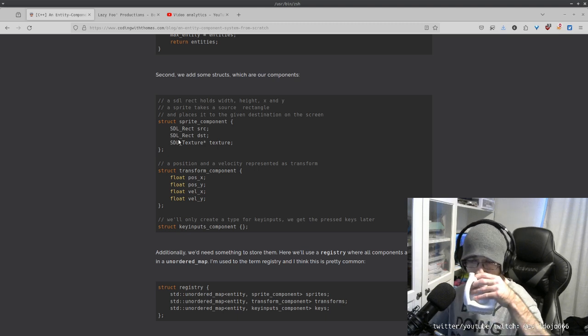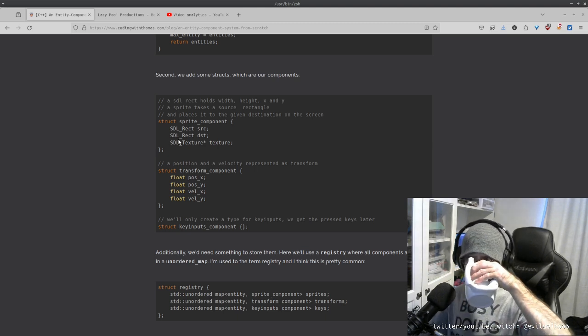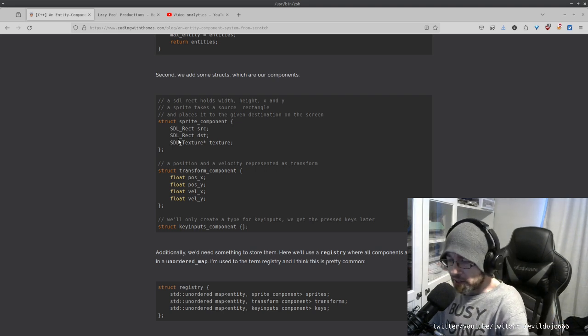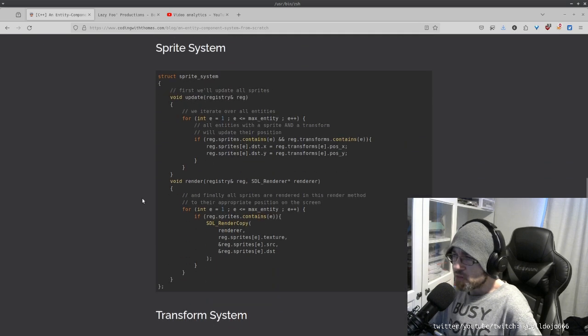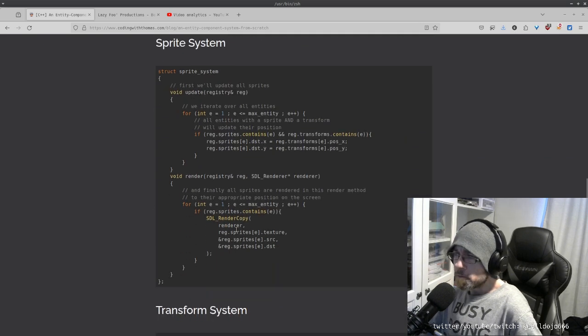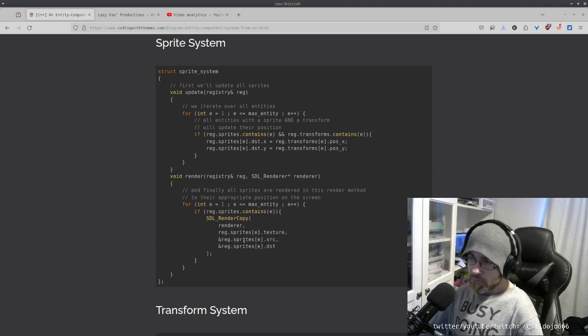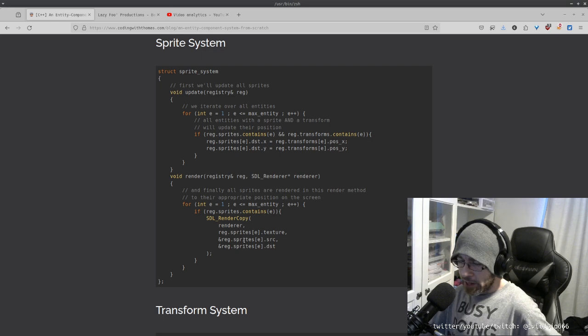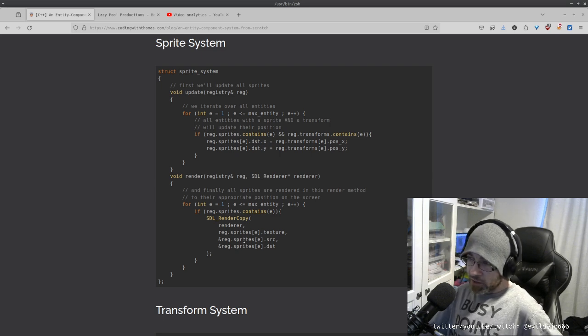The rectangle destination is the interesting part. Because the source is actually the part of the texture that you want to actually grab and render, which will change if you're doing animation. But the destination